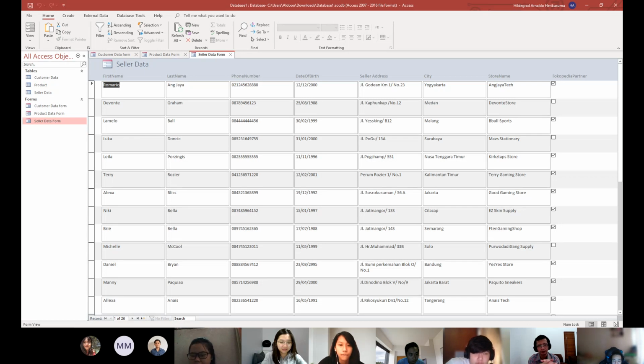Imagine if this is the seller data for Tokopedia and you as a user, as a buyer, can see this. You can see all the information about the seller in Tokopedia. Yeah, the data will leak. Not a good thing. That's exactly my point. So you need to create a single form that only shows the data that you are entering. And that applies to the other forms.